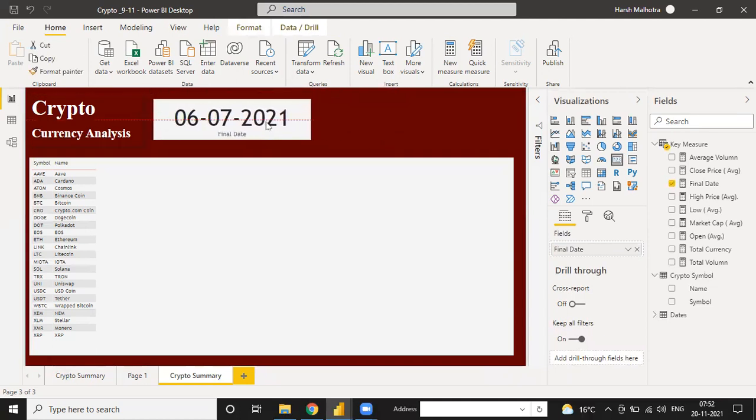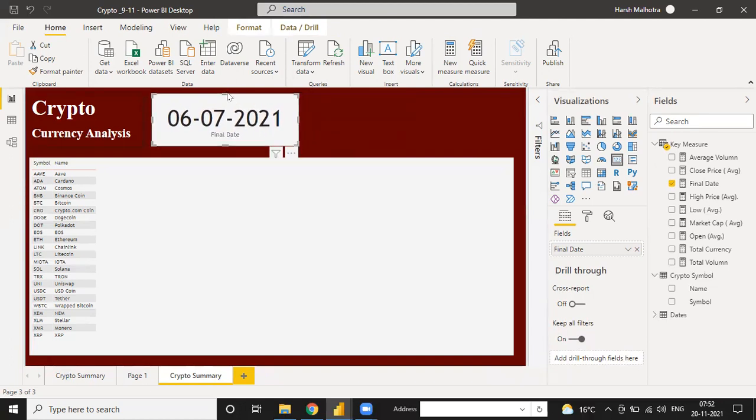So now we need close price final. It means the price on the final date, 6/7. So that is the reason we have to compare till this date minus 30, till this date minus 60, till this date minus 120, till this date minus 180. That is the reason we have to compare our forecasting value, or future past forecasting value. So this is your final date, and guys, see, this is your complete visualization.